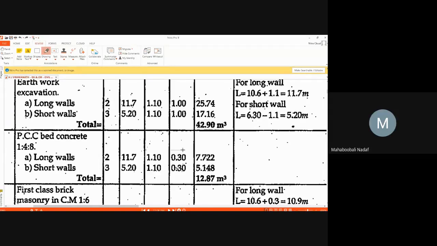What is the 0.3? Are you referring to the cross section and telling, or are you simply seeing this screen and telling? By referring to the cross section which I sent as a PDF yesterday, those things you are referring to, no? Yes, sir. From those things only you should tell me the dimensions. Do not simply tell these things.